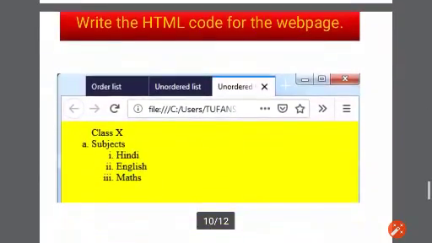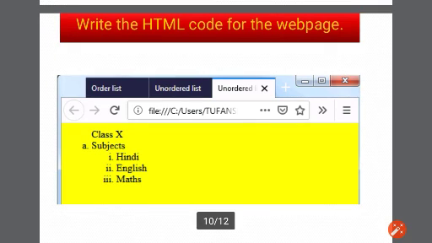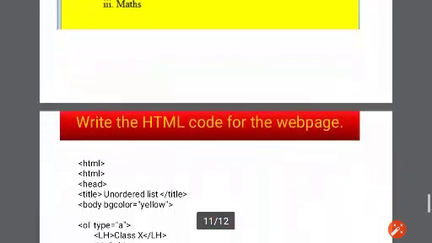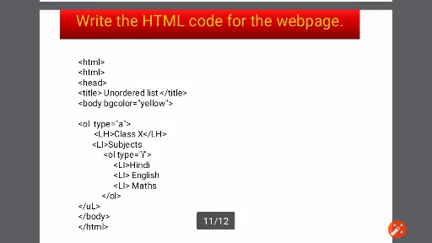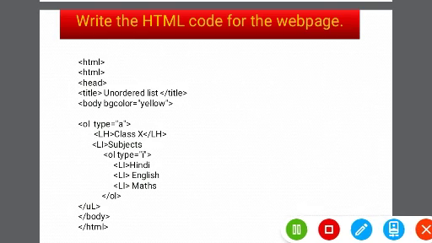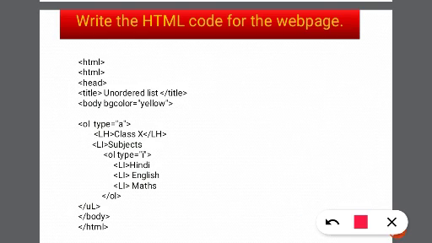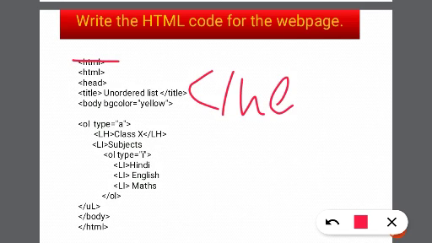Moving to next, another example. If we have got such a web page, what will be the code? Let us see what type of code we should write for this. We need to write HTML. Sorry, the HTML has come 2 times. Just one time you have to specify. HTML, then head, the title, and then again the same, close the head over here.